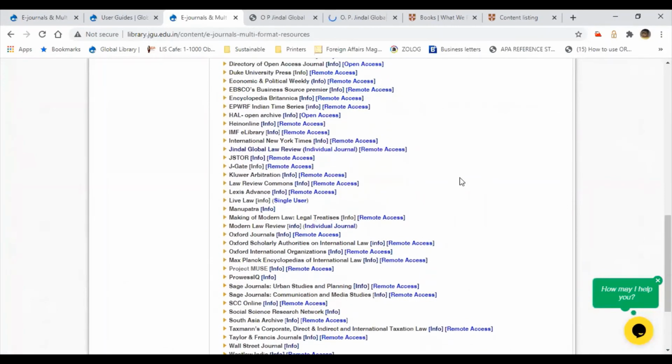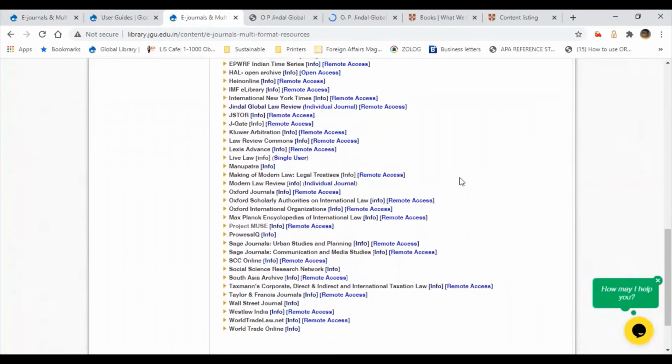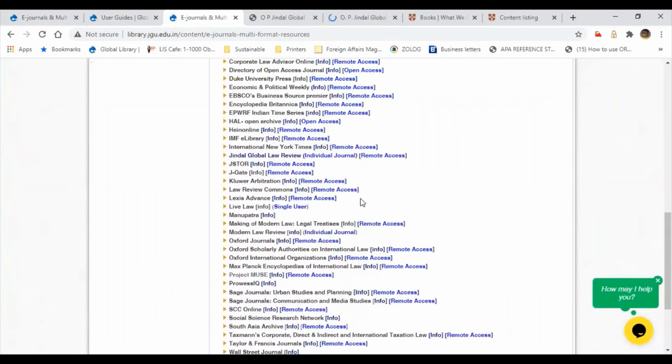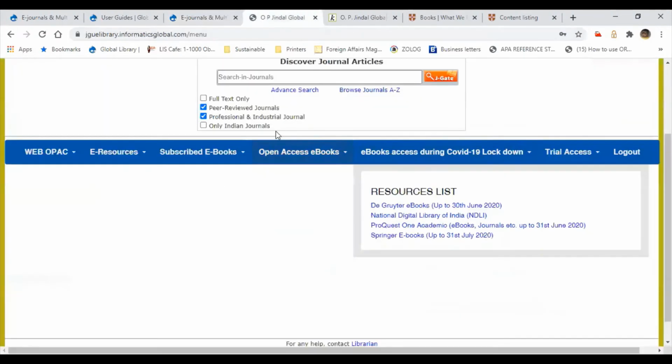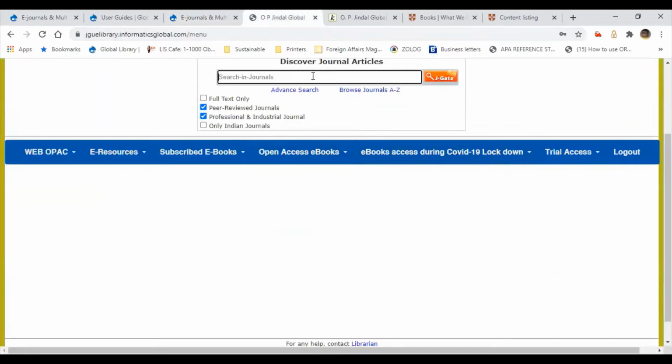As we are exploring search engines, we have JGet. When you click on login on the EasyProxy page, here is the JGet. Jairam, can you please open the info page for people who can see what the info page is?